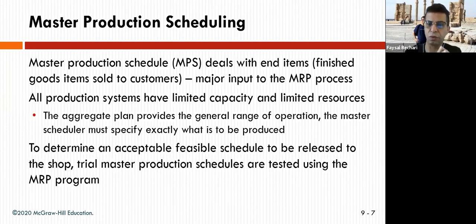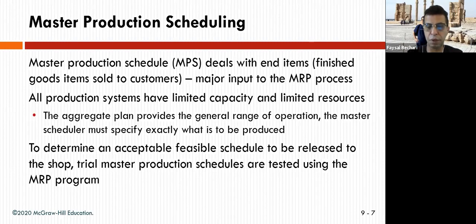MPS, which is master production schedule, deals with the end item, the finished good, the item sold to the customer. It is the major input to the MRP. All production systems have limited capacity and limited resources. So you cannot ask a manufacturer who can produce a maximum of 100 units to produce 150. If you don't have enough warehouse space, you cannot expect the company to produce up to the maximum capacity. So these are the things that you need to take into consideration when